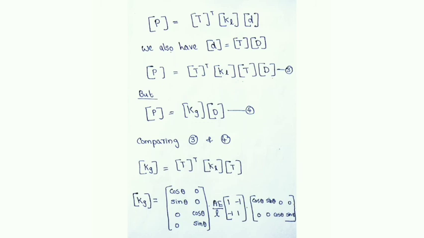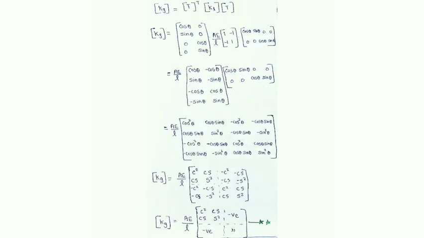Comparing the third and fourth equations, we get the global stiffness matrix kg is equal to T transpose KL into T. That is, T transpose, which is cos theta 0 sin theta 0, 0 cos theta 0 sin theta, into KL, the local stiffness matrix, which is AE by L into [1 minus 1; minus 1 1], into T, which is cos theta sin theta 0 0, 0 0 cos theta sin theta. Multiplying the first two matrices, we get the second matrix form, and finally after multiplying it with the third matrix, we get AE by